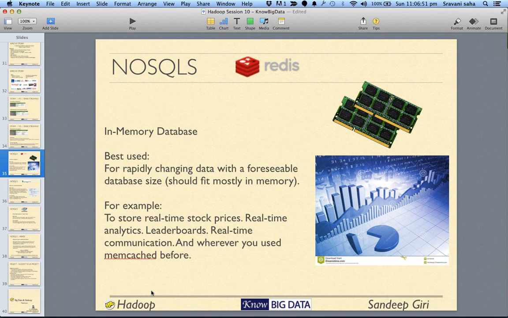Examples of the usage of Redis could be real-time stock prices, real-time analytics, and leaderboards, as in who has been the fastest player across the world in the last 5 hours when people are playing mobile games. In those cases, Redis becomes a very good solution. And when did we use Redis?